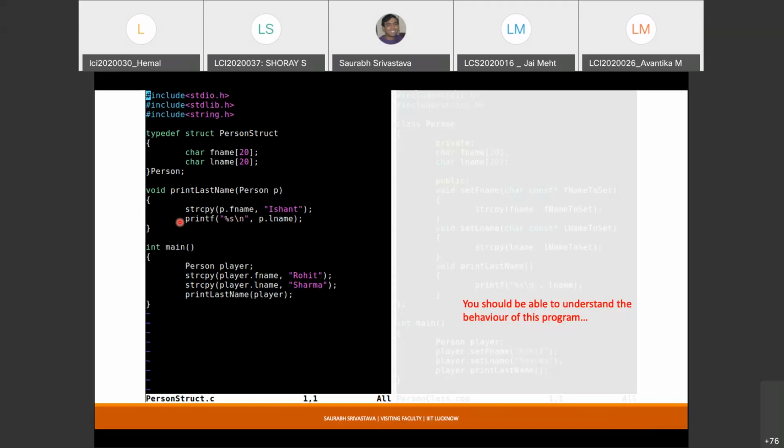It's a structure variable; all its member variables can be accessed with the help of the dot operator. So you can see that there is an issue here: even though this function is supposed to work only with the l name, it can, in theory at least, access and modify the f name.